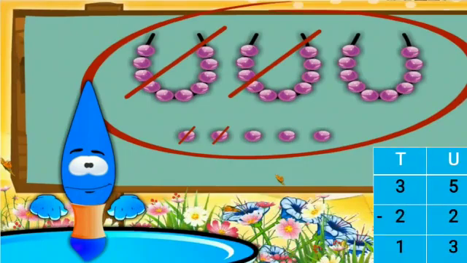Whenever we cancel them, we get the answer. Again we start from the units place. There are 5 units, I have cancelled 2 units, so we get 3. And from tens, there are 3 tens, I have cancelled 2 tens, we get 1. So 5 minus 2 is 3, and 3 minus 2 is 1. So our answer is 13. See, look at the picture where I have cancelled 2 tens and 2 units. There is 1 tens remaining and 3 units remaining. So our answer is 13.